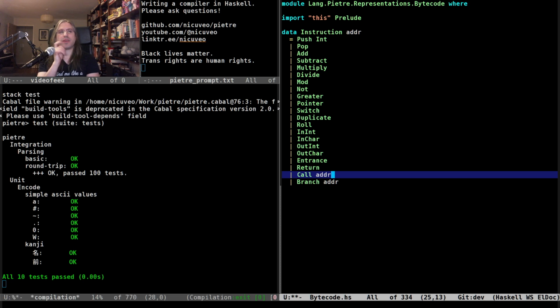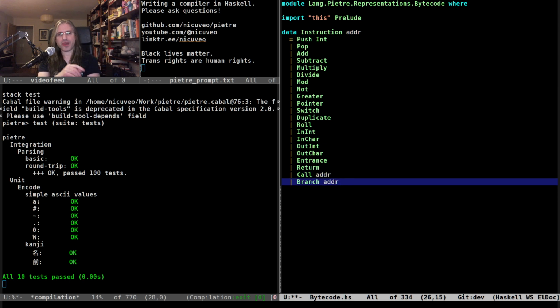However, I think it would make a lot more sense for the push of the address to happen. Like, do we have a separate thing for push of an address? Or do we make branch push the address, swap so that it puts the condition back on top, and then, yeah, I guess it makes more sense like this. So return, call, branch, that should be enough.